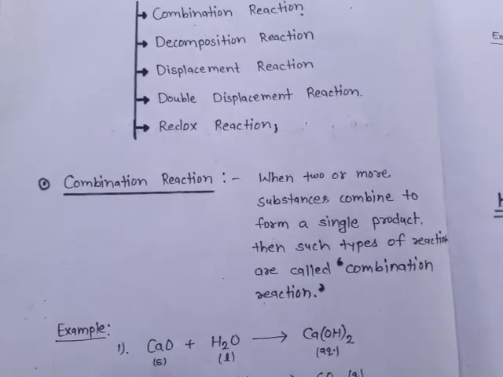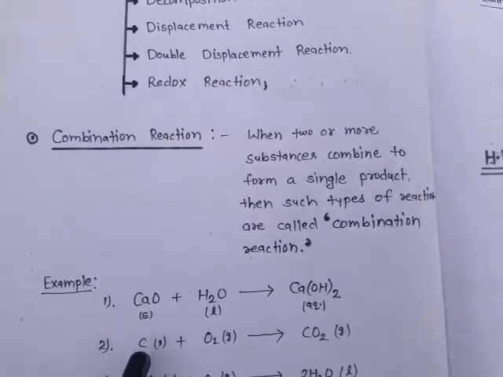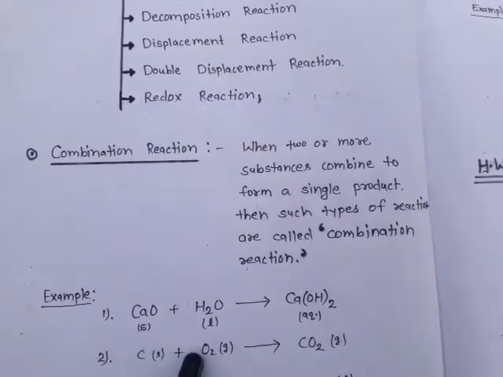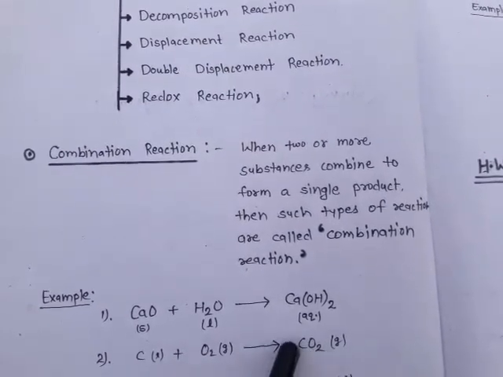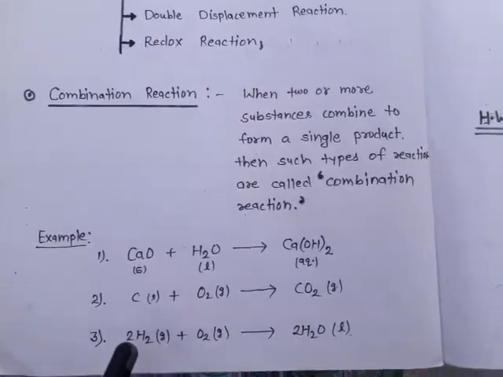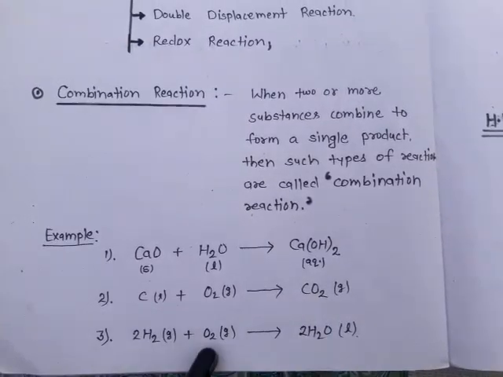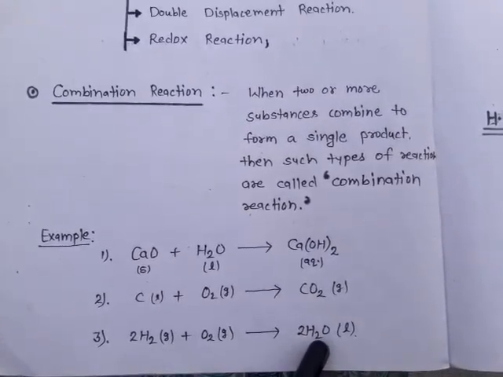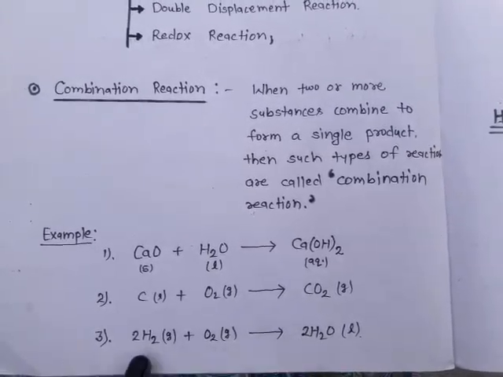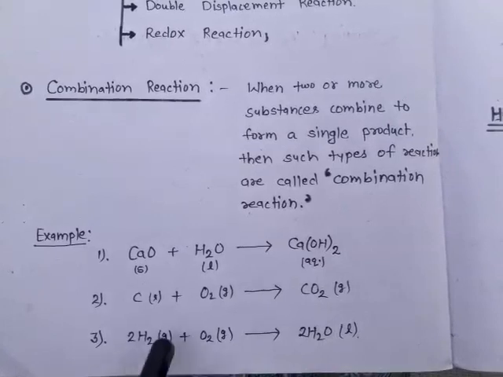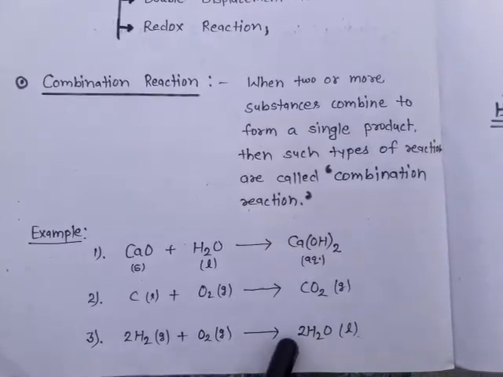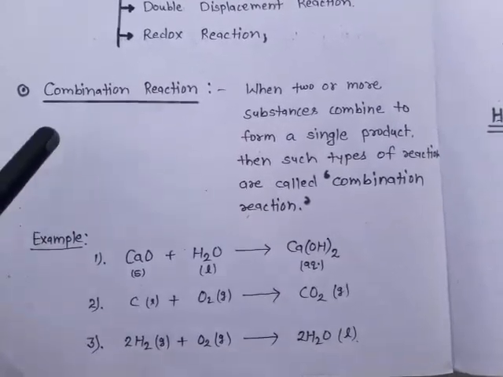This is the format. Now your second example is burning of coal. That means carbon plus oxygen are mixed. These are the reactants and the product is single, carbon dioxide, CO2. This is a combination reaction. The third one is formation of water. That means hydrogen and oxygen mix to form water. Now for balancing we write a 2 here and a 2 here. Now 2 times 2 is 4, so there are 4 atoms of H here and 4 atoms of H here. Oxygen is 2 here and oxygen is 2 here. Now this is an example of a combination reaction.